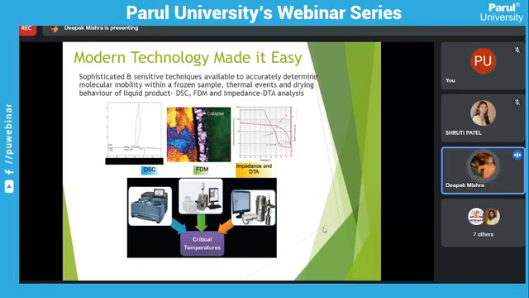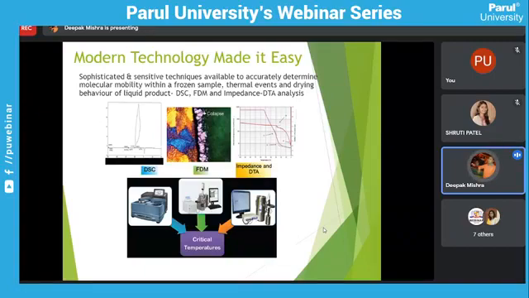Before going to the next step, sublimation, if we take any temperature and go directly into primary drying, the product will collapse. Collapse means it will form a hurt cake, and after reconstitution, it is not possible to reconstitute. It is not helpful for patient safety either. So this covers the frozen sample, thermal events, and drying behavior of the liquid product. We will discuss DSC, FDM, and impedance analysis in the next slides.